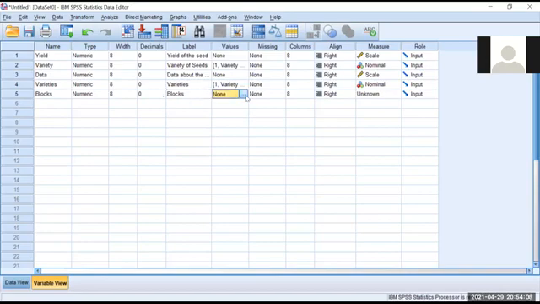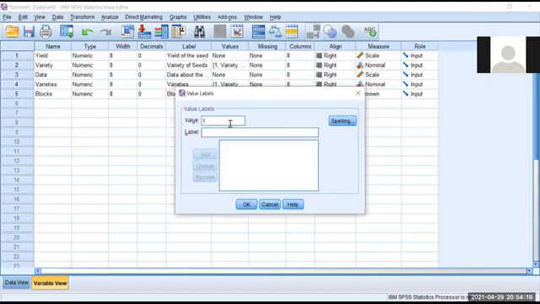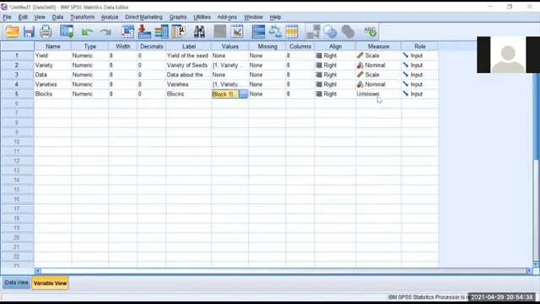And here we need to nominate. 1 is block 1, add. 2 is block 2, add. 3 is block 3, add. 4 is block 4, add. Now we give OK, and we need to make it nominal. Fine. Now this is clear how to enter the variables.